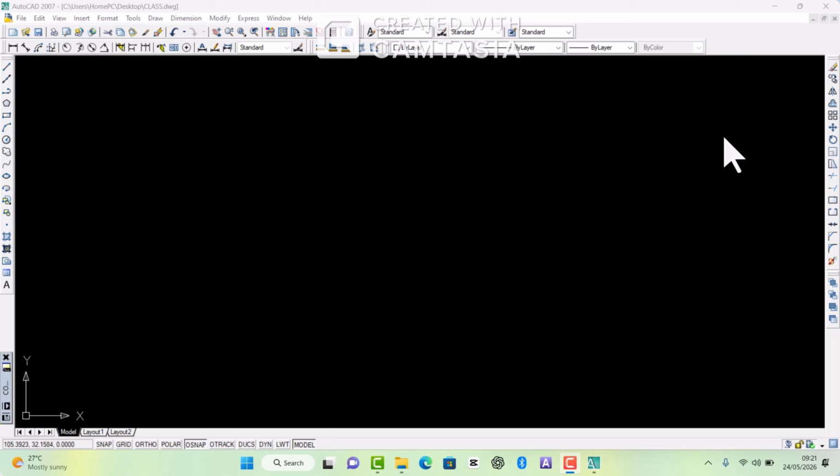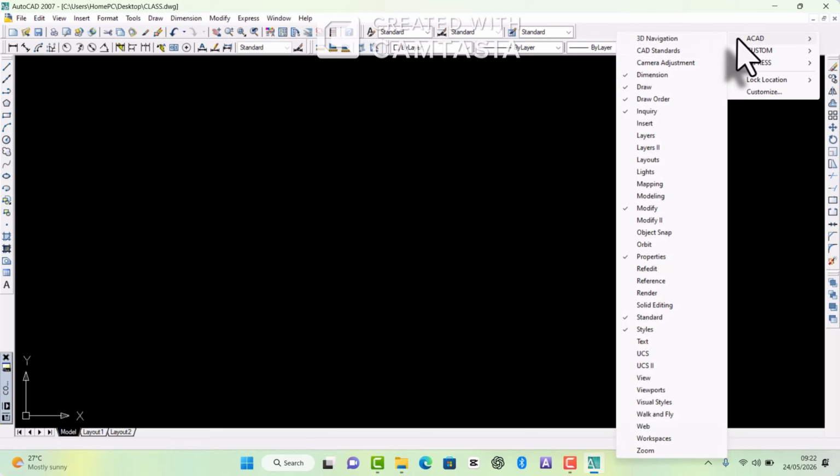In your AutoCAD environment, this is how the 2007 version looks. From the top, you see the title bar, the menu bar, and the task bar below, with the tools we need. Should there be a tool we will need that is not displayed here yet, follow my mouse as I explain this. You come to the up part where the menu bar is, where there's nothing, you right click, you see AutoCAD. Now when you place your mouse on that,